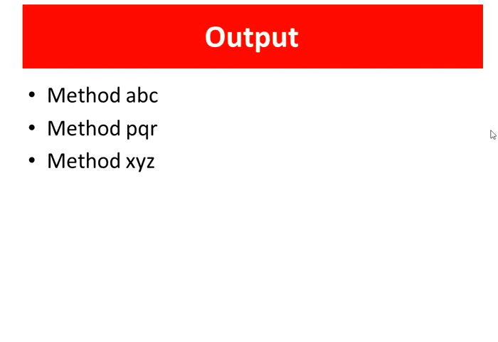So let us revise what we have learned in this lecture. We learned interface. So interface contains abstract methods, and these abstract methods are implemented by some other class. Java does not support multiple inheritance. To do multiple inheritance in Java, we have to make use of a concept called interface. So for doing this, we have inherited one class and we have implemented an interface. So using this, we have done multiple inheritance indirectly.